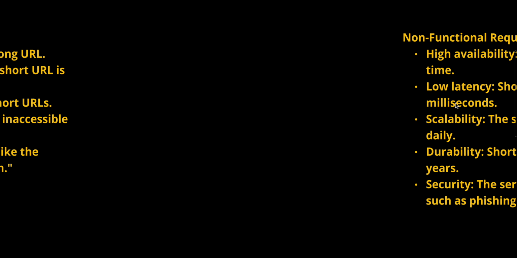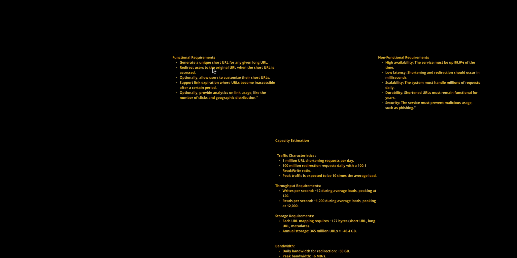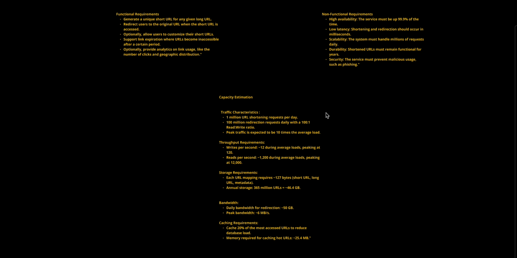Gathering the requirements has three parts: functional requirements, non-functional requirements, and capacity estimations. I would say this is the most important step in any system design interview, and you get them by asking a lot of questions